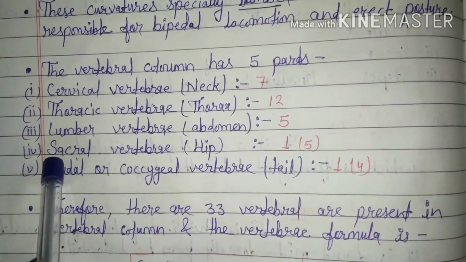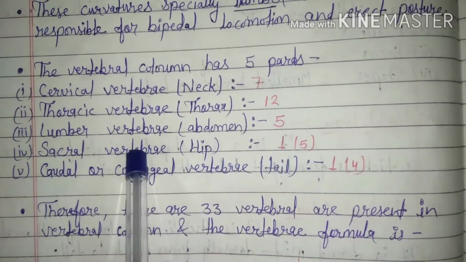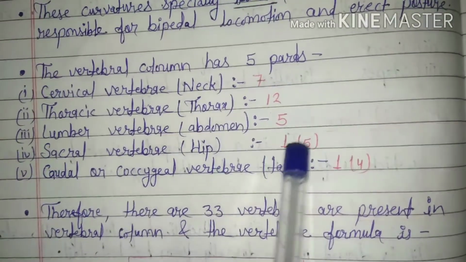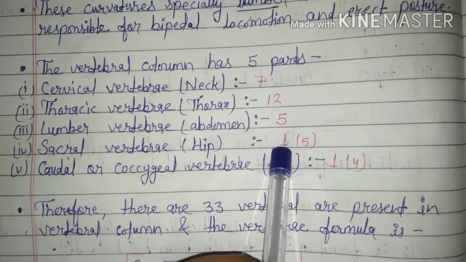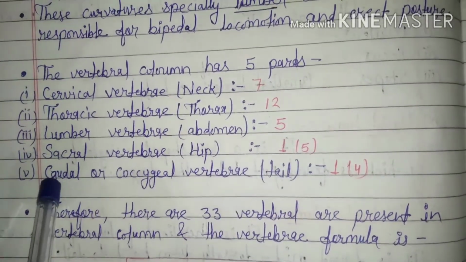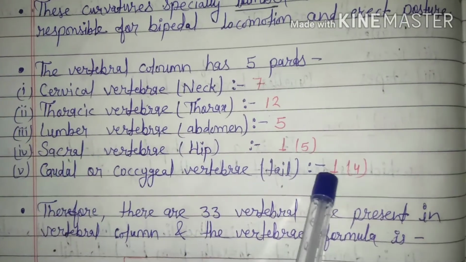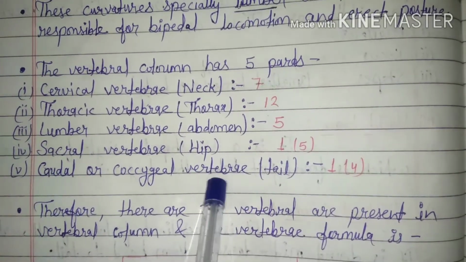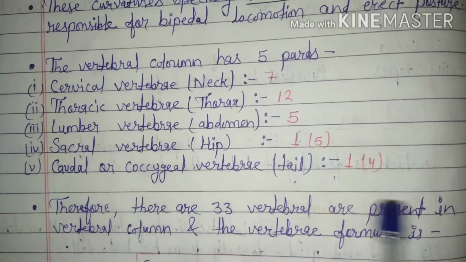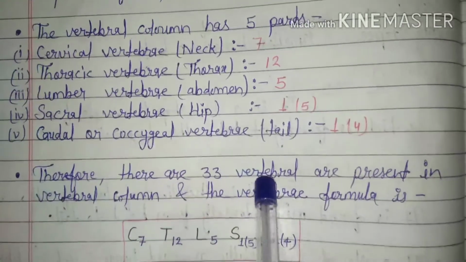In the sacral region 1 sacral vertebra is present, but it is formed by 5 fused vertebrae. In the caudal region 1 vertebra is present, but it is also formed by 4. Therefore, there are 33 vertebrae